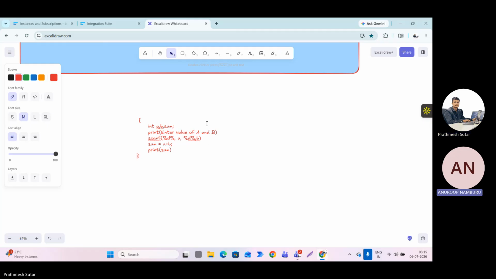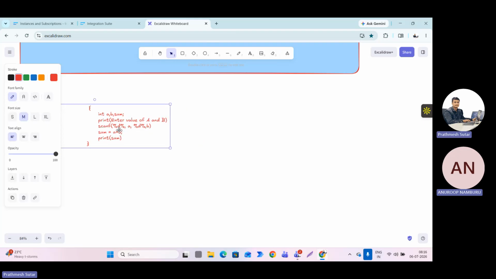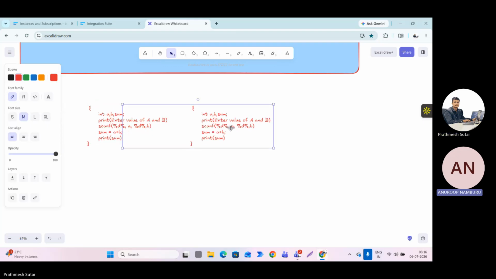Now, what possibilities are there? The user, instead of entering numbers, might end up entering some string, A, B, C, D, anything he can do, no? Since it's a user, users can do anything, right? And also, this can be modularized in this way. Second option is this way. Instead of this A, B, what you will do is,